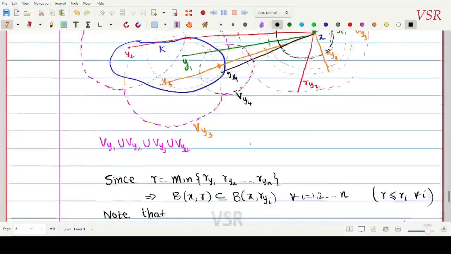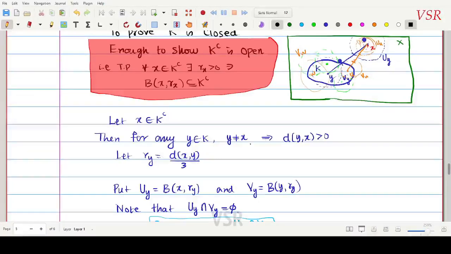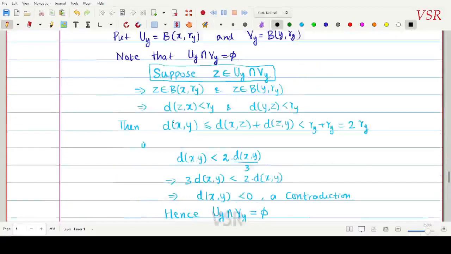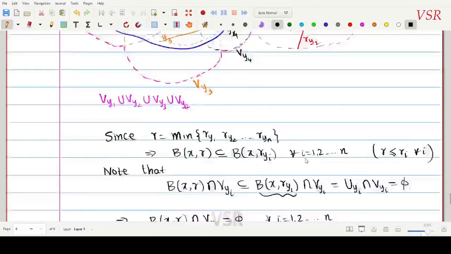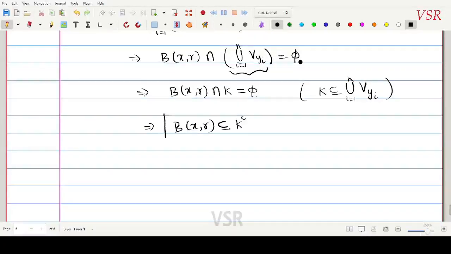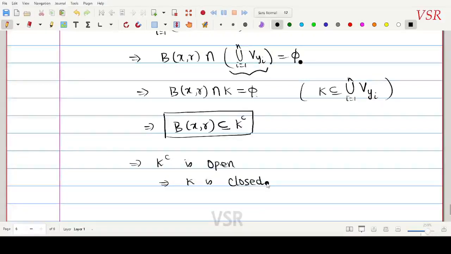So let us see how we started. When starting, we took let x belongs to K complement. Then there exists r positive, such that the ball with the center x radius r is contained in K complement. So this implies that K complement is open. So this implies that K is closed. Okay, so